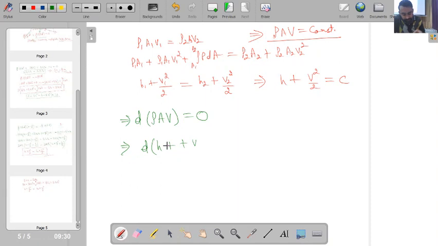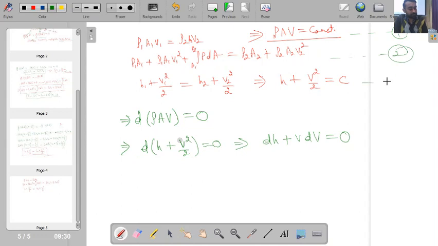H plus v square by 2 will be equal to 0. So from here I can get dH plus v dv equal to 0. Is this point clear? Is this point clear? So if I have to write in differential form, then I can say that differential of